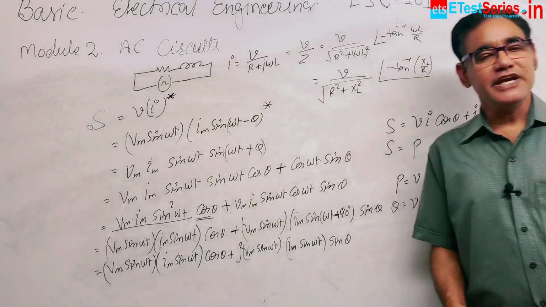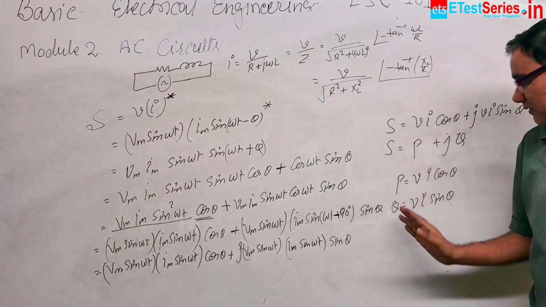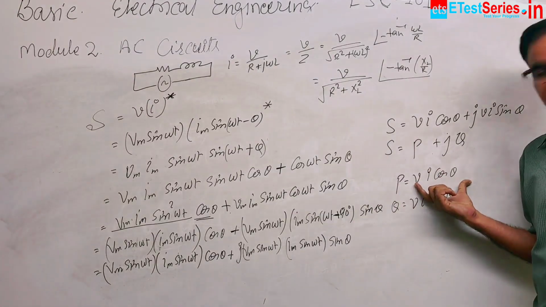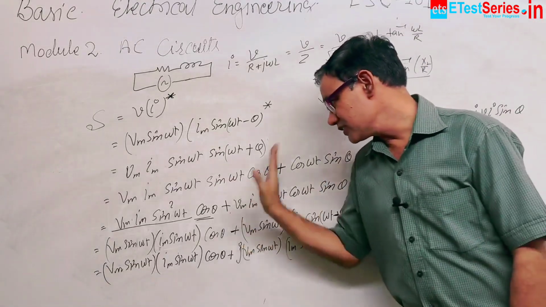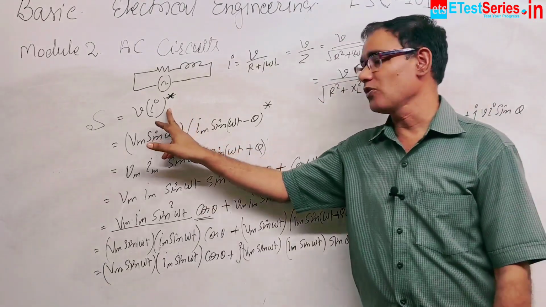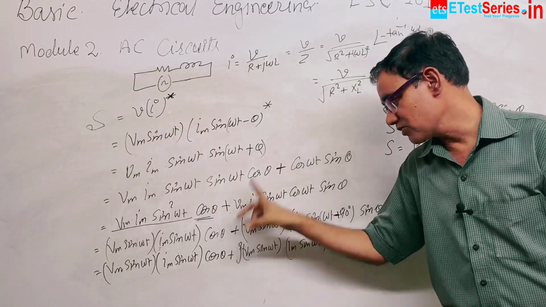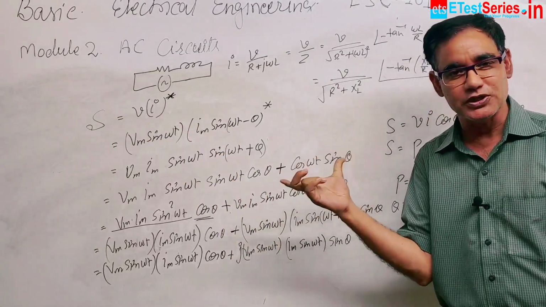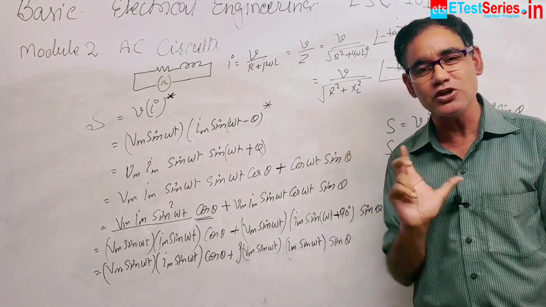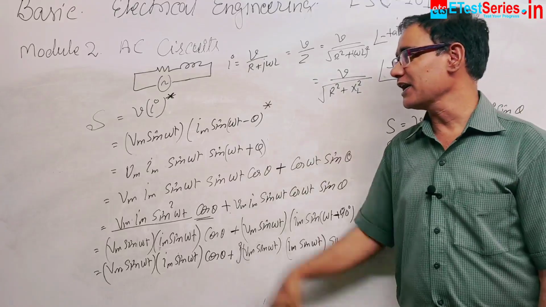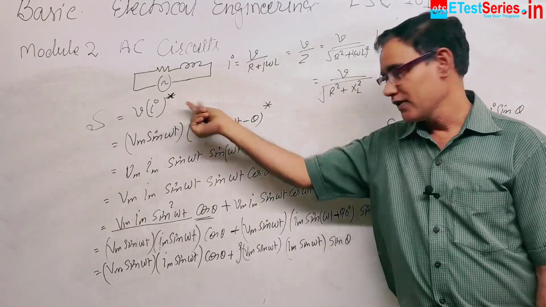In this we can say there are two powers. One power is real power, another power is reactive power. To overcome this conflict, we have to take the complex conjugate. Here the difference is it comes out minus, but power should be positive. Two powers, one is the real power plus reactive power, that should be the total power. To overcome that conflict, we have to take the complex conjugate.